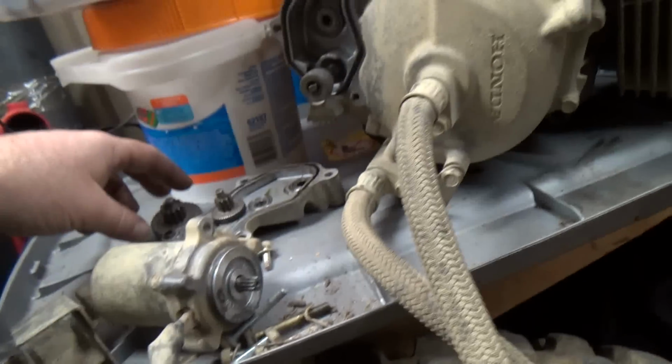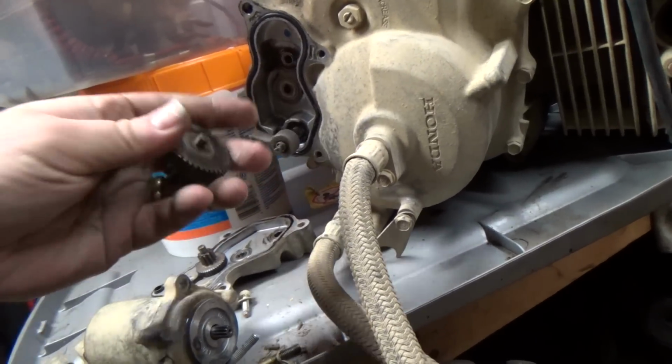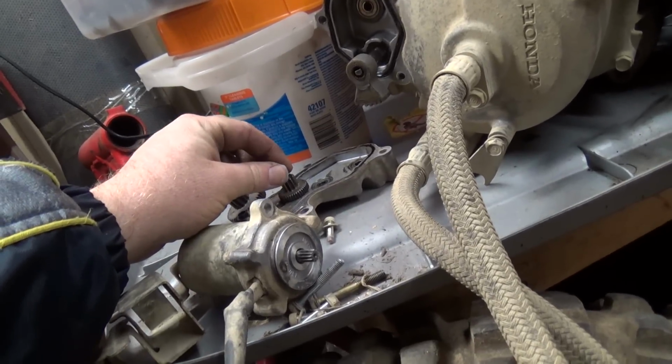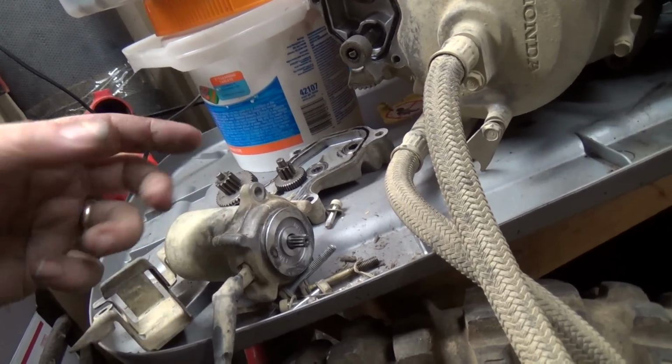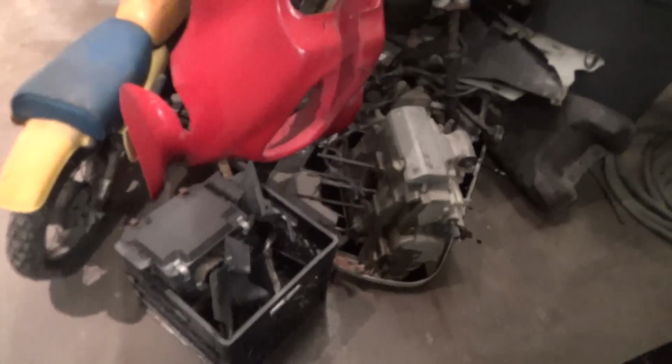Pull the cover off. And none of these gears were in there. That's what the problem was. This gear was missing. This gear was missing. And even this little gear that actually touches the gear shift motor, that was missing. So I went over here to the Elizabeth City motor that I just picked up. You can see the cover's actually still there. Pulled the cover off, pulled all the gears out of the inside of there, slapped those in this motor here, put everything back together, put the shift motor back on, put the angle sensor back on, turned the key on,